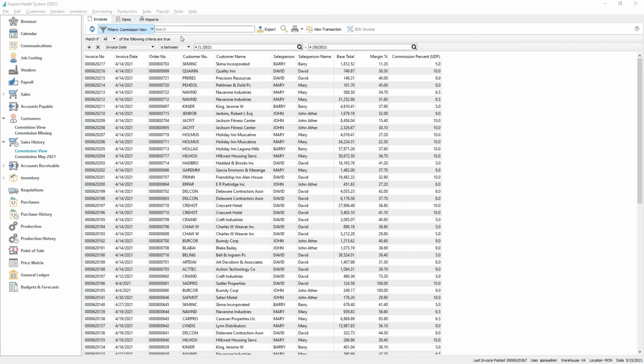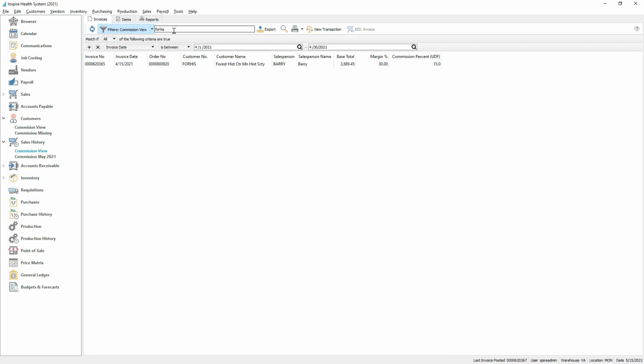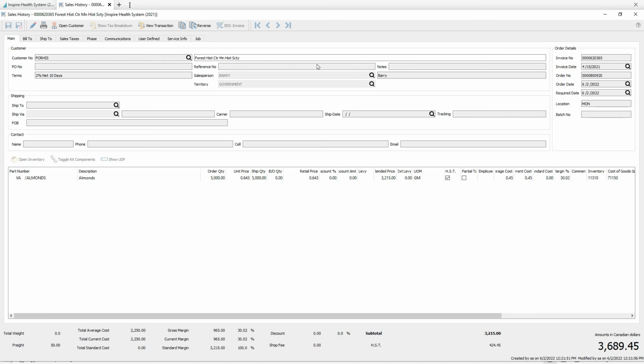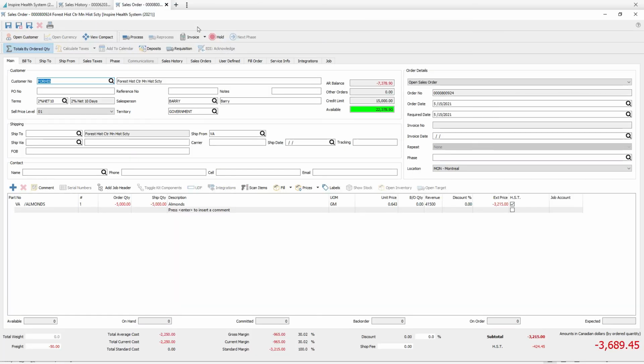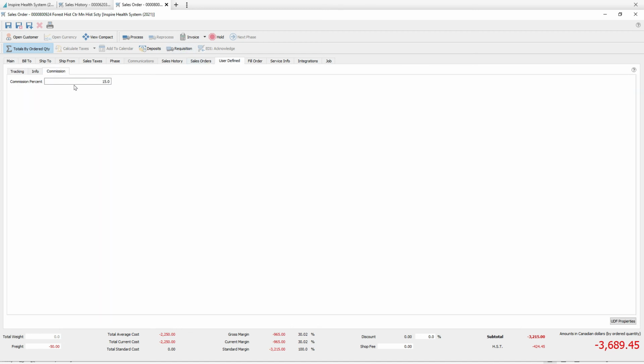I'd just like to demonstrate that. I'm going to search for that April invoice from our salesperson, Barry. And we can see that it was updated with the 15%, which was the April rate. Now we're in May. When we create a reversal, and we look at the user-defined field, the reversing invoice is going to have a commission amount the same as the original,